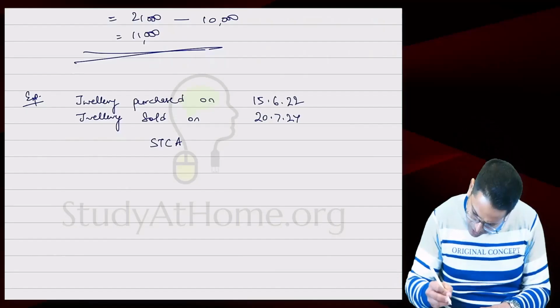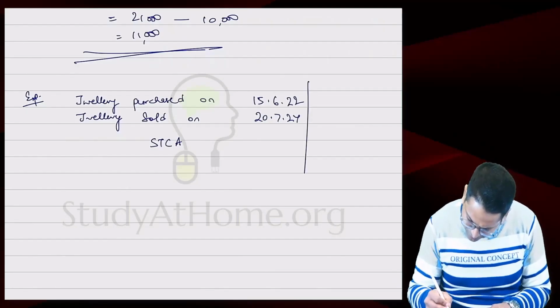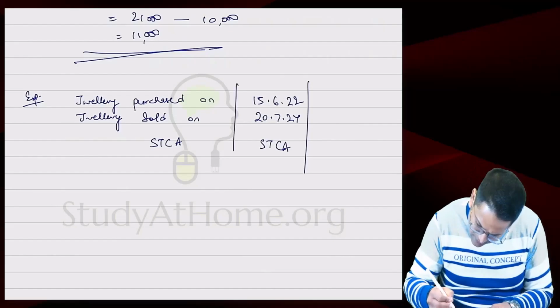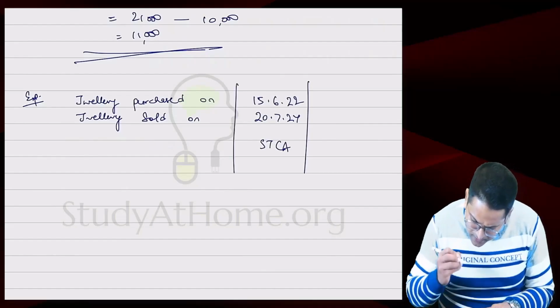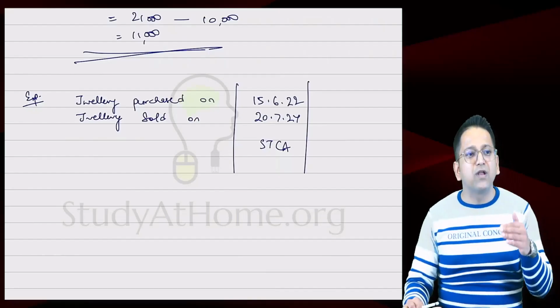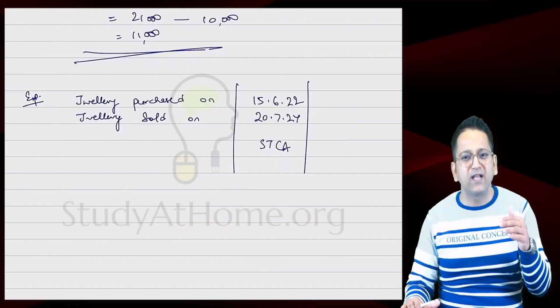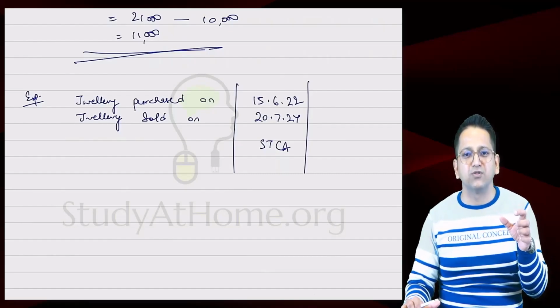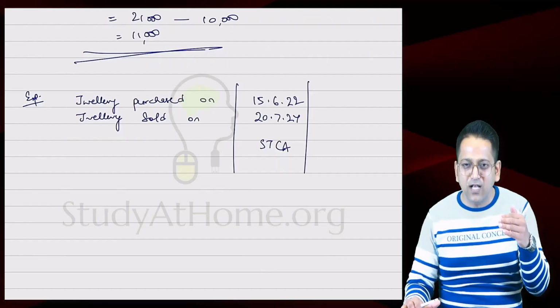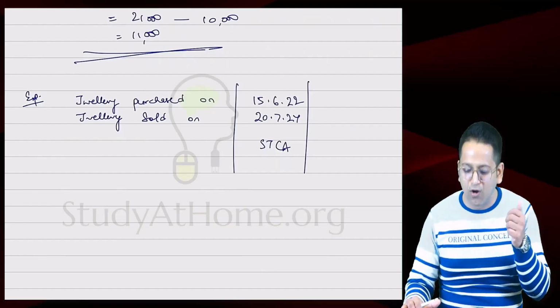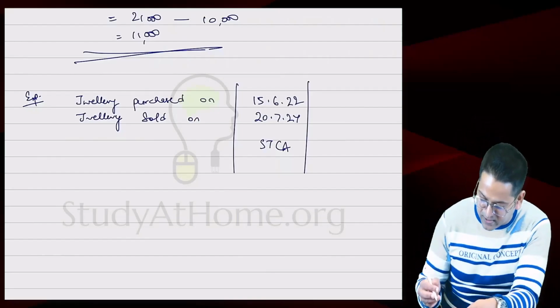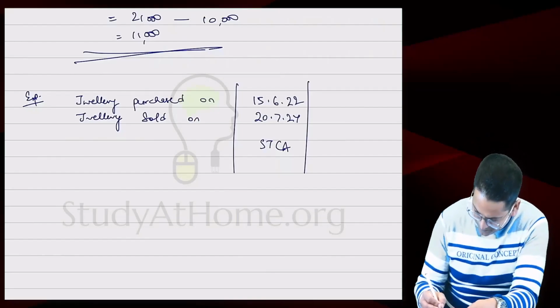You will ask, how is this happening? Is there a doubt? This is a short-term capital asset. This is because before 23rd July, the holding period was 3 years, and jewelry was considered in the other assets category. If it was more than 3 years, then it is long-term. That's why this is a short-term capital asset. Let's discuss the second thing.